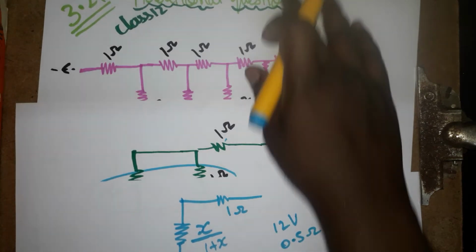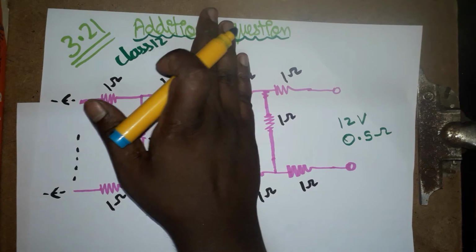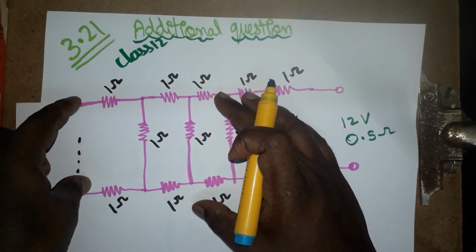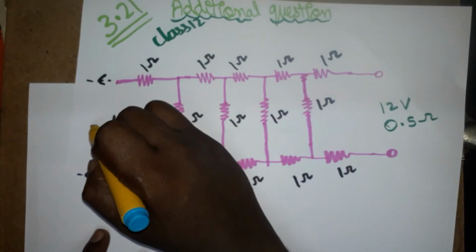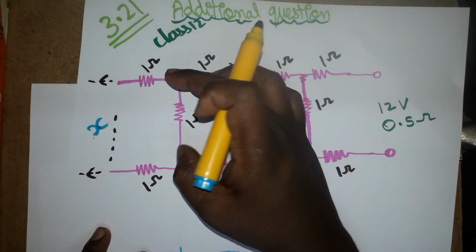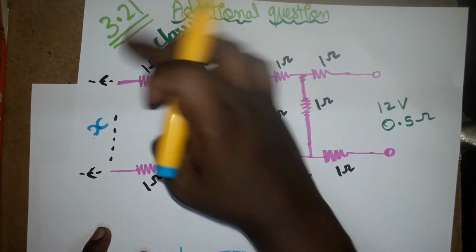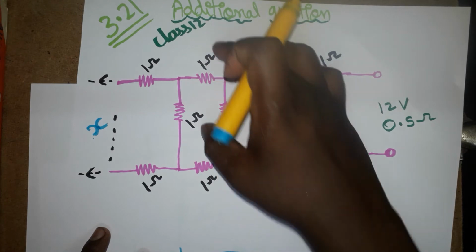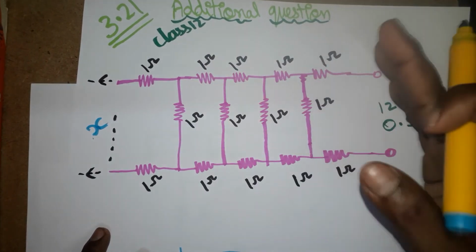See here, this circuit is there. Till here I took it as x. In case you take this as x, this solution equals x. I'll repeat again: I took it after this as x. Then you should add these 2 with this x, and together they become x. Again this will be in parallel, then these 2 will be in series, then these 2 will become x. Like that it will continue.